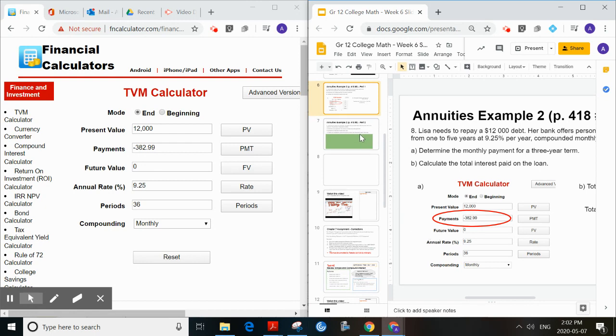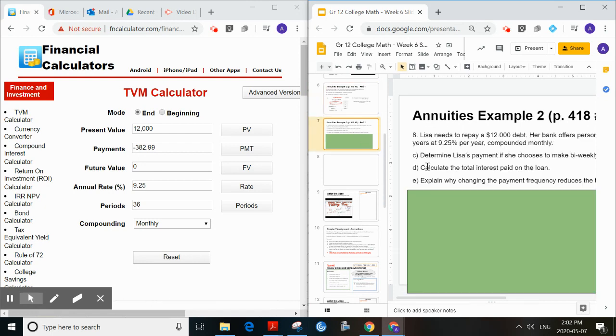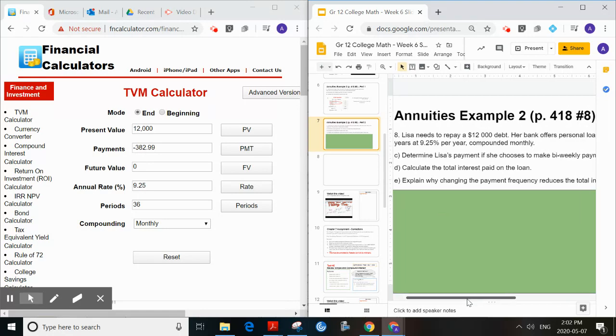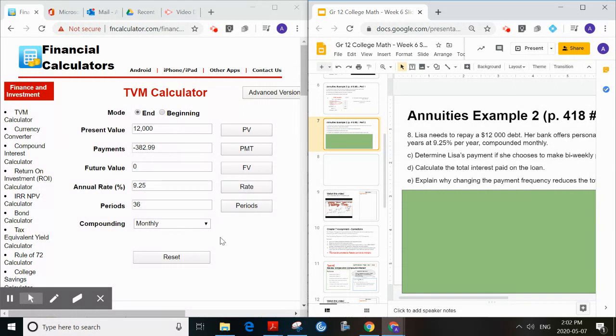Now the next part of the question says, determine her payment if she chooses to make bi-weekly payments. So if we go back to our TVM calculator over here, it's still the same amount she's borrowing, $12,000. It's still the same future value, 0, because she wants to have paid off her debt at the end of 3 years. The annual rate is the same, but the periods are going to change because the compounding